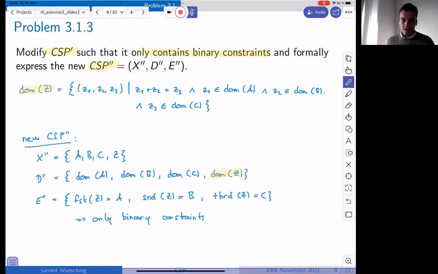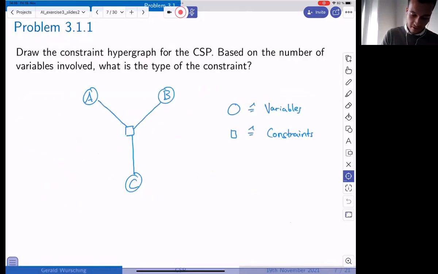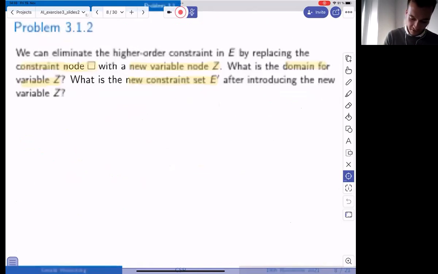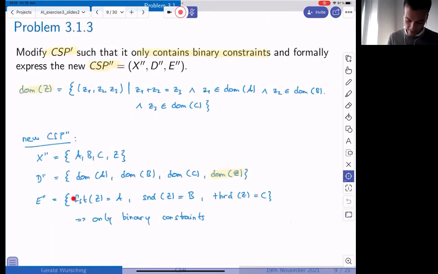Now what's important to note is that this new CSP is basically equivalent to the original CSP, the one that we defined in our problem. It's the same problem itself, only that we don't have a higher order constraint anymore, we only have binary constraints.